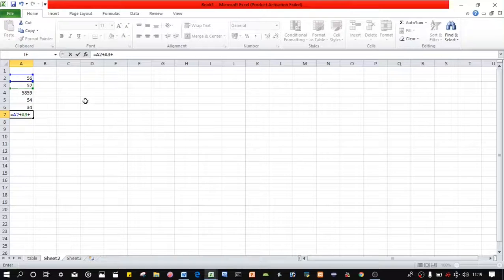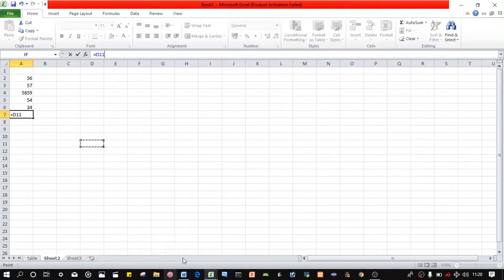After the plus sign, click this one, then plus sign, then click this one, then again plus sign, and then click. After that, you have to press the enter button. After pressing enter, this is the value, this is the sum of these numbers. This is the formula for adding these values.